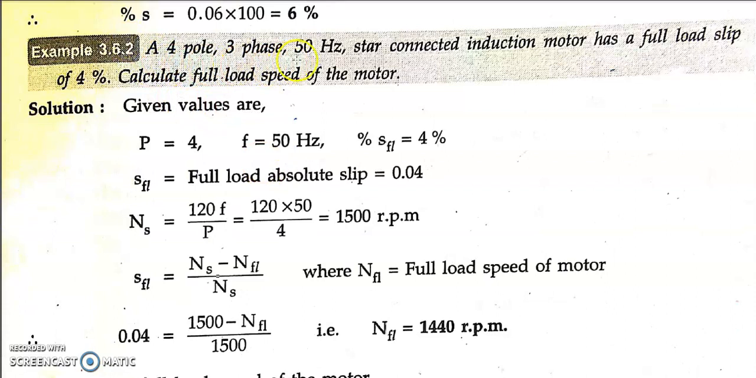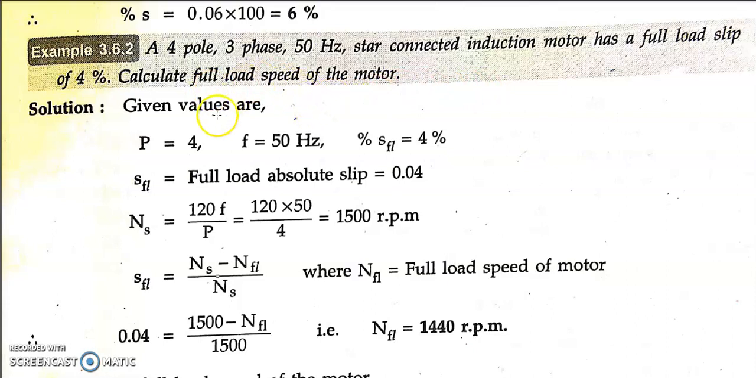Now we shall see another problem. A 4-pole 3-phase 50 Hz star connected induction motor has a full load slip of 4%. Calculate the full load speed of the motor. So here speed N is asked, and that too at full load. Remember, always, if they ask speed at full load or slip at full load or something,